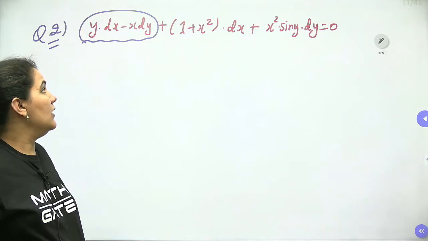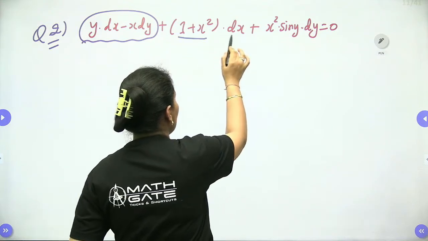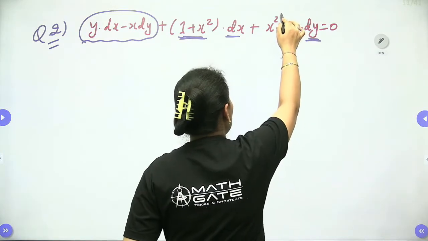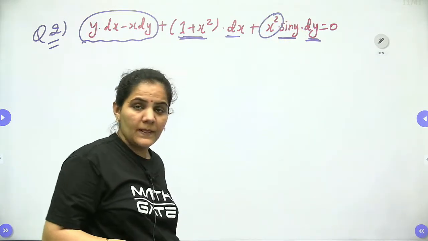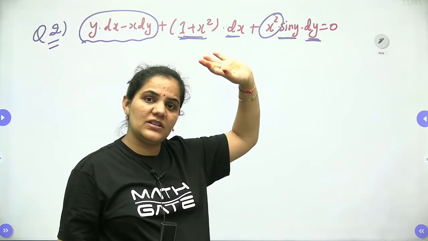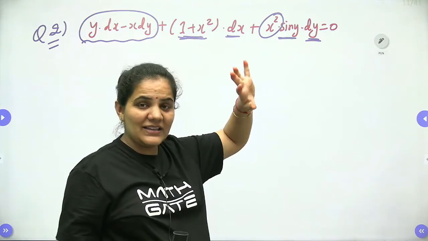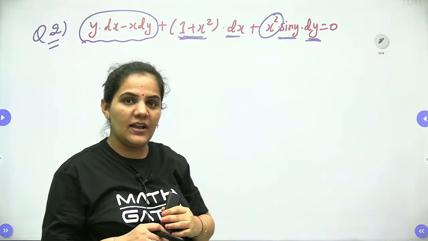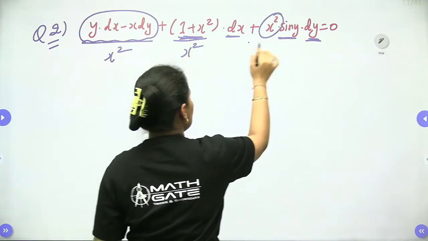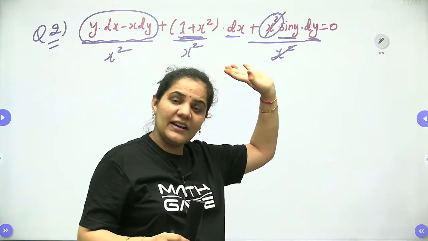Now just look at one more thing. Here we have x, and with 1 plus x square we have the derivative of x. Then it is sin y, and we have dy. But I think this x square is extra, because when we integrate we should have the same functions. We have to integrate y with respect to dy only. So x square is an extra function here. Just divide each and every term by x square. When we divide by x square, the x square and x square will cancel out. Hence it is clear that here we can directly integrate sin y dy.